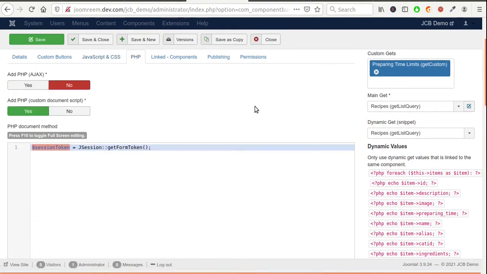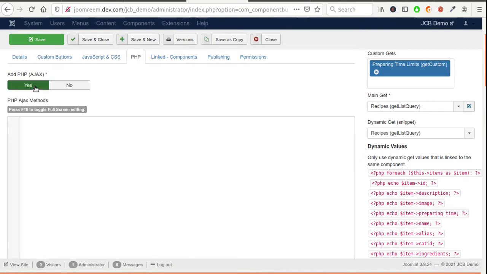Go to the PHP tab, activate the Ajax methods section. This section holds the methods that will be added to the Ajax model after the component is compiled.